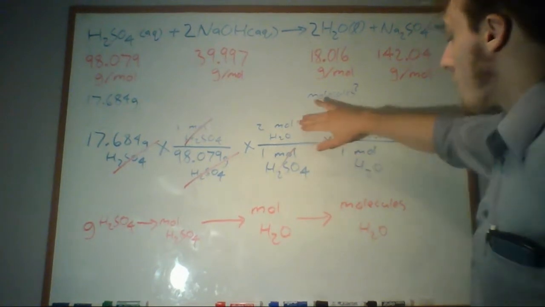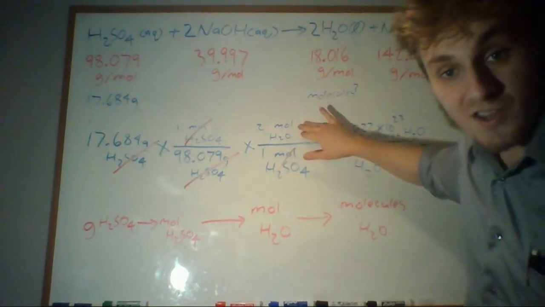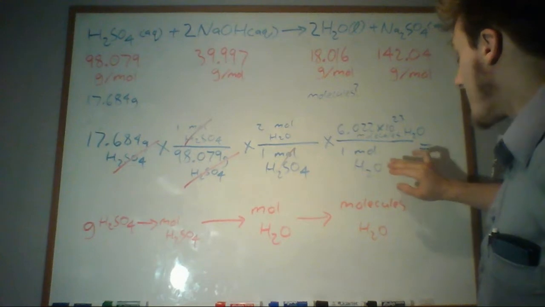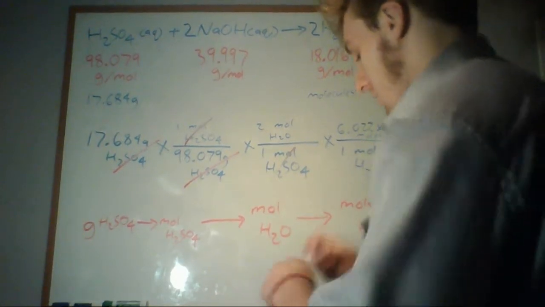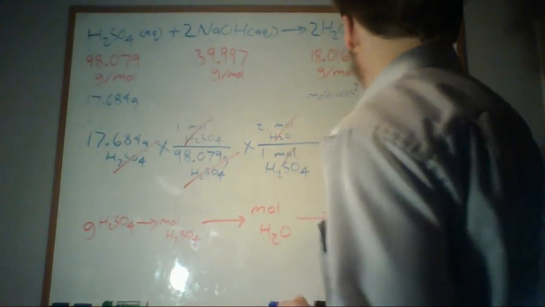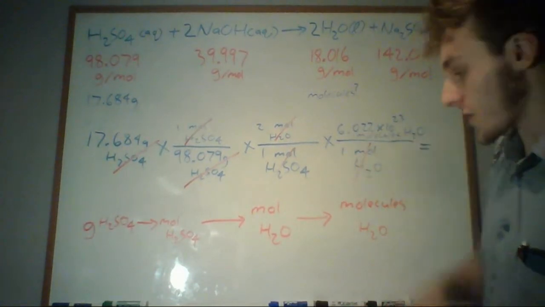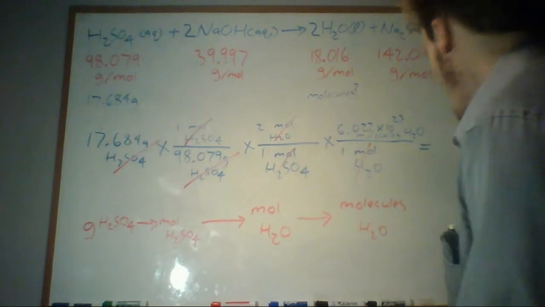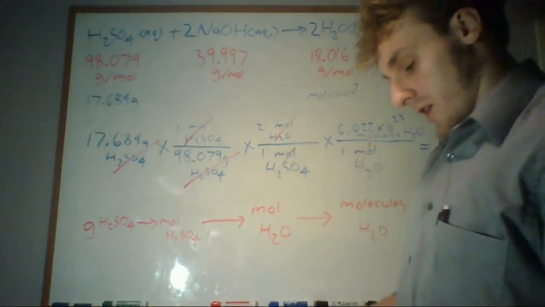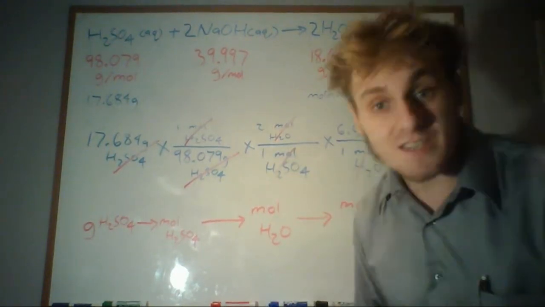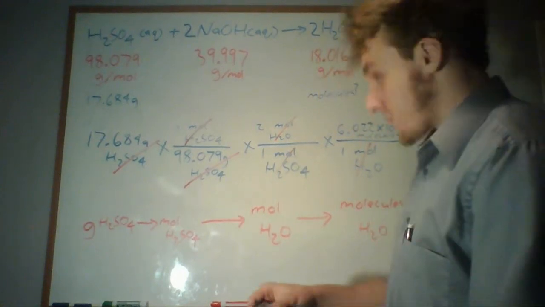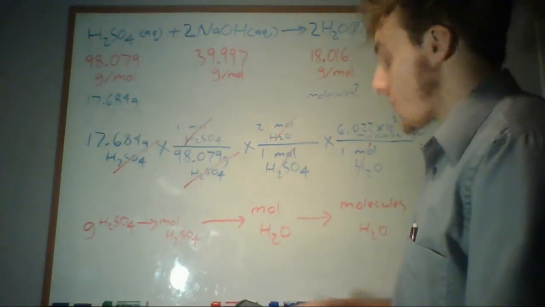Alright. And now because we have moles of water in the numerator, and we have moles of water in the denominator over here, our units will cancel out. And we'll be left with units of molecules of water. So, let me grab my calculator here, and I'll punch this in and let's see what we get. So we'll take 17.684,